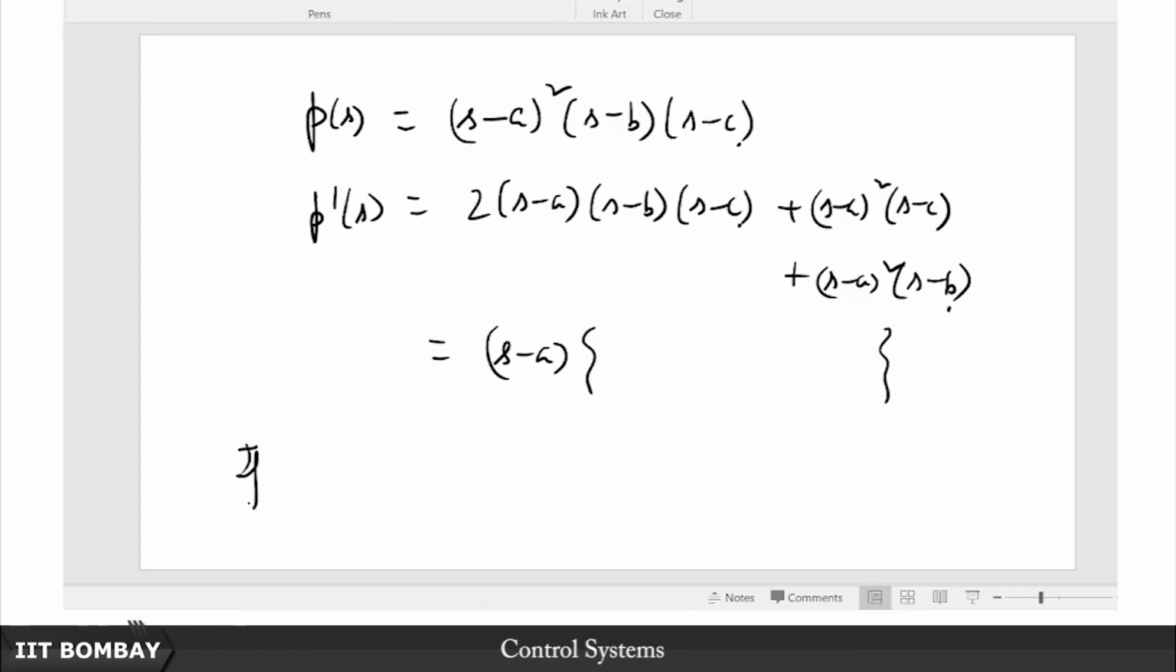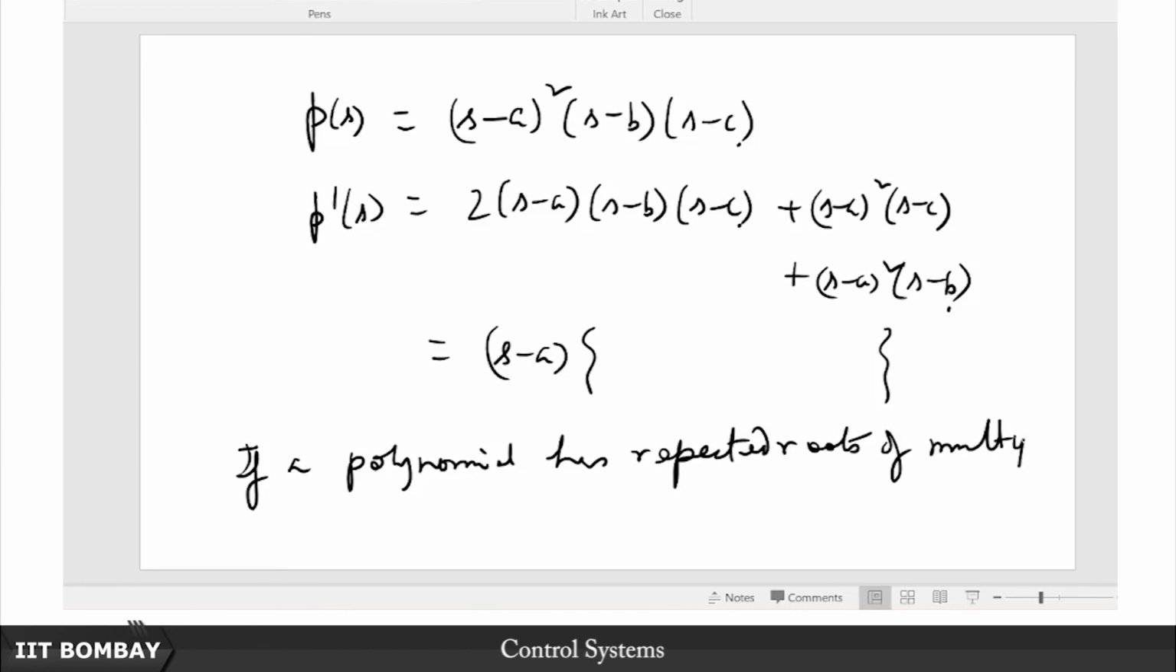So basically, if a polynomial has repeated roots of multiplicity r at a point a, then by extending this you can easily try that out. You can take this (s minus a) cubed and you can take the second derivative. Then what we are saying is, then